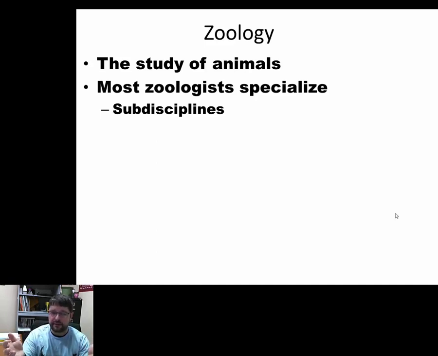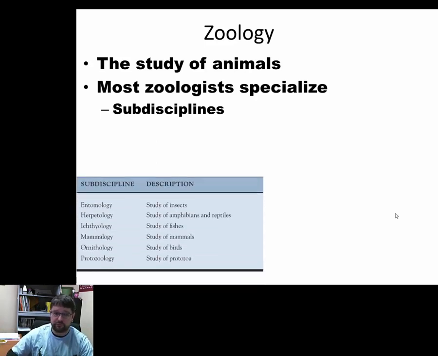But after you choose that major, you'll often get to choose a subdiscipline or multiple subdisciplines that you want to specialize in. Sometimes this is more advanced, once you get into your master's or a PhD, where you'd make those choices. But even when you're in undergrad and you've chosen zoology as your major, you'll have the opportunity to take courses in the subdisciplines so you can specialize in zoology. Because zoology is very big, and you'll see what I'm talking about.